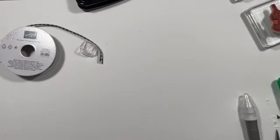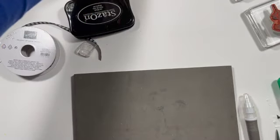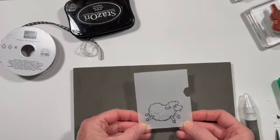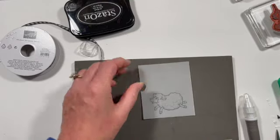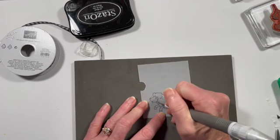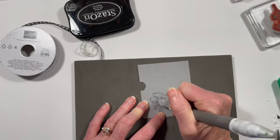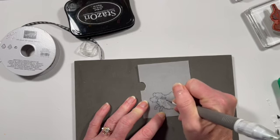Now, I did say that I'm going to show you how to do some other ones. So the second card I'm going to show you is featuring these counting sheep. So this is one of our celebration items. So I stamped, this is on a scrap. I'll show you the card in just a minute. And for him, I did use the big ball, and I kind of went in a circular motion because that made it look a little bit more like the woolly texture that I would think that you would have on the sheep. So I just kept going around in little circles,